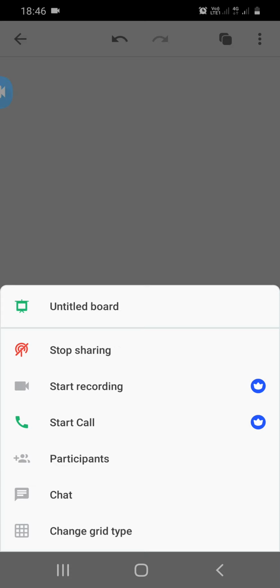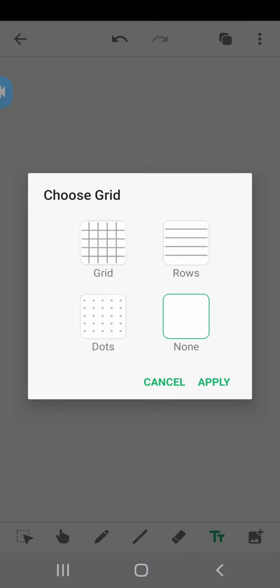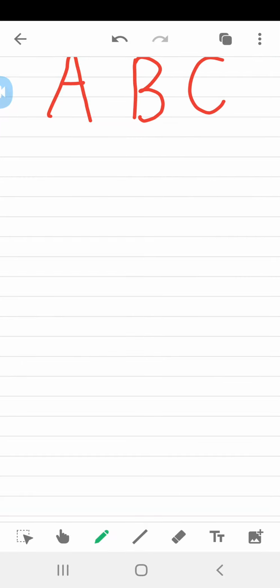Then as I've explained about it, now here we will also see that you can change the grid type. So you can see here change the grid type. In that, different types of grids are given. You can see this grid, right, which we use in the graph, row. I will show you row. I will apply it in the form of line. If you want to write it properly, then you can. I'm not good at this work, but yes, we can write it in a line.